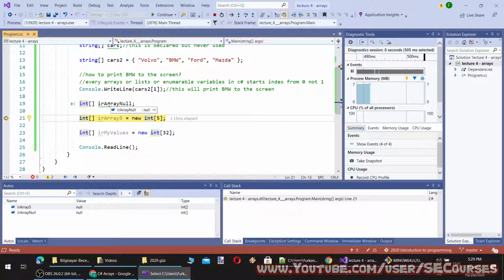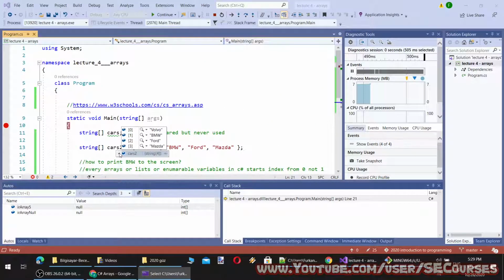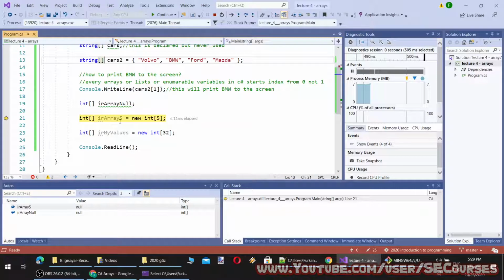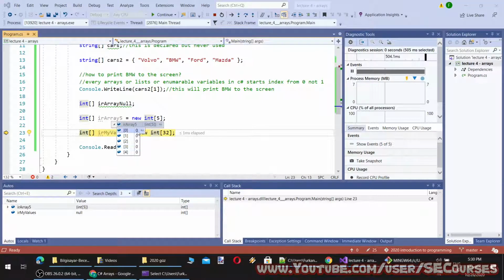These are nullable objects because arrays are reference types, let's say. Okay, so when I run this line, it will initialize it as empty. You see arrays take the value 0 by default.